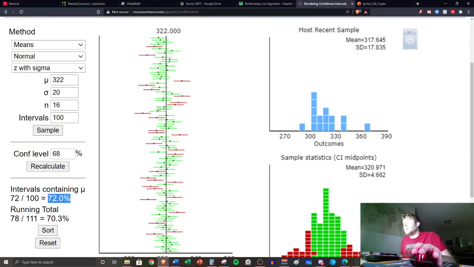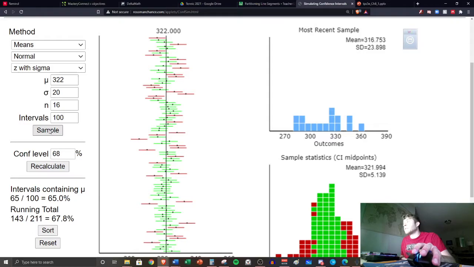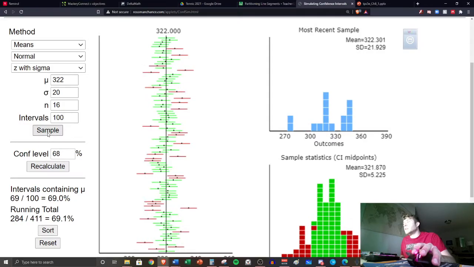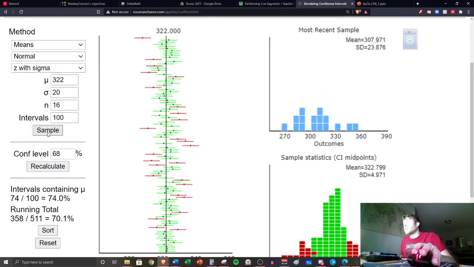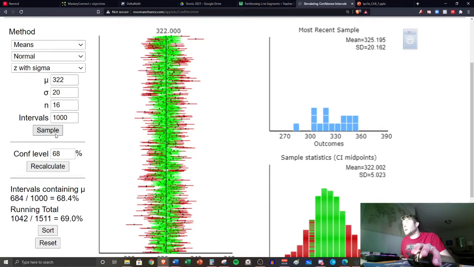So the red, there's 32 of them. Let's go again. We're looking for, or excuse me, there's 28 of the red ones. Let's do it again. That's 65. So we have 35 red. So on and so forth. So that one's the closest one. And if we add more samples, let's do 1,000 samples. We're getting closer, right? Because this method should yield